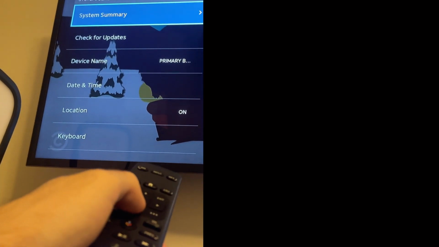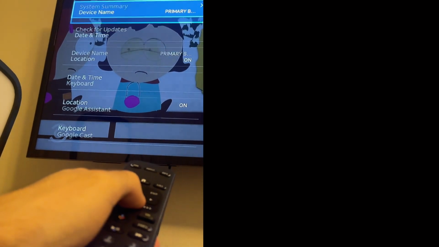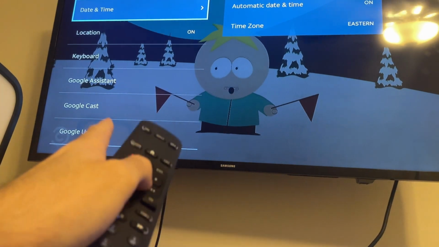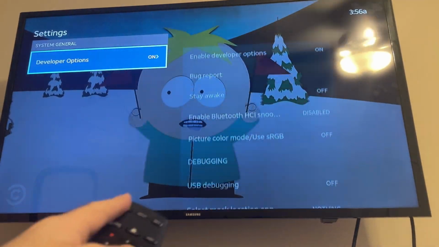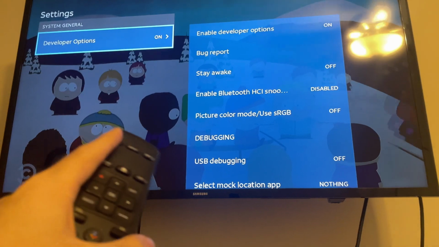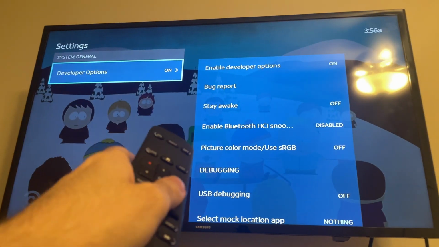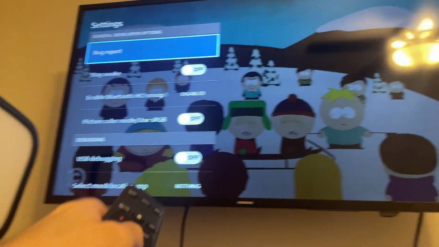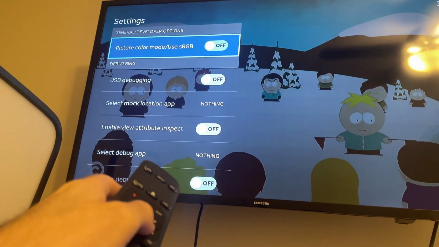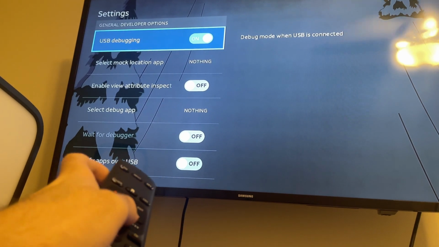So now go back, I think, or can we just go down? I'm going to just go down. Actually, just go down, and then you should see developer options now. Now that you've enabled developer options by clicking OK multiple times, you should have this. Now, inside of developer options, go down and enable USB debugging. Now go back,